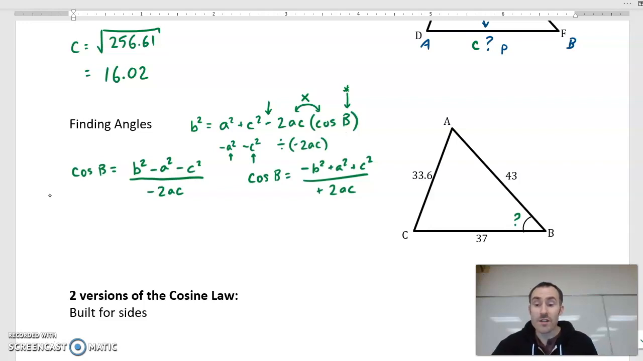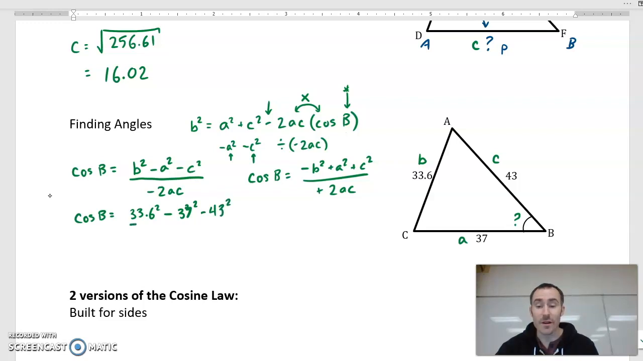So we're going to put in the numbers now. Cosine of angle B is equal to, and I need to make sure now that I put the right numbers in the right spots. So this is side B because it's across from angle B. This is side C. This is side A. If I do not put them in the right spot, I will not get the right answer. You can't just put them in willy-nilly. So this is 33.6 squared minus 37 squared, minus 43 squared,